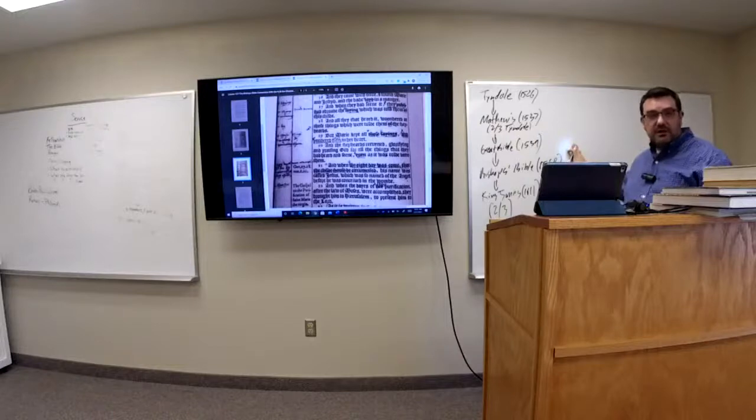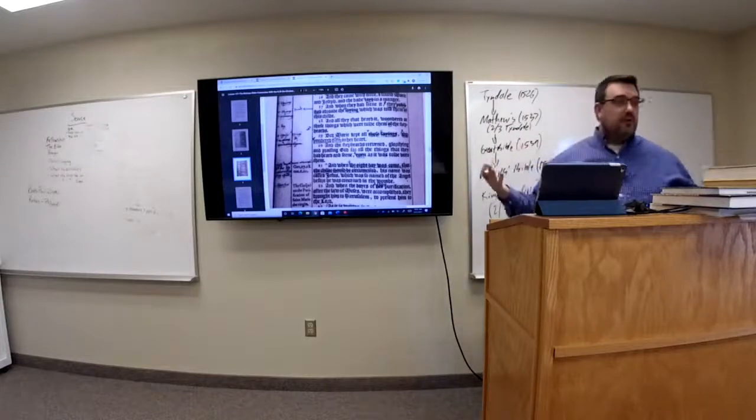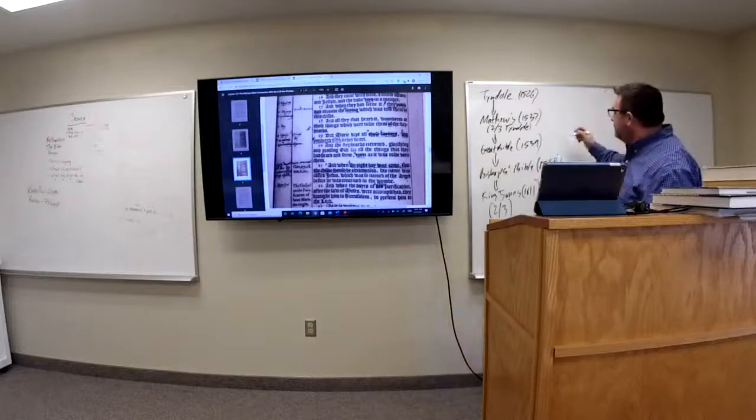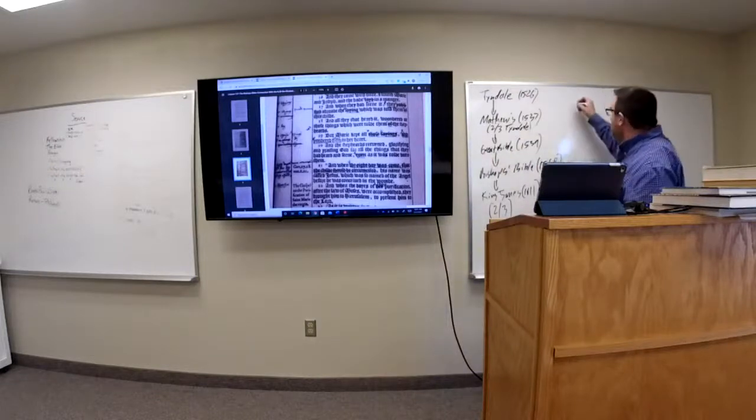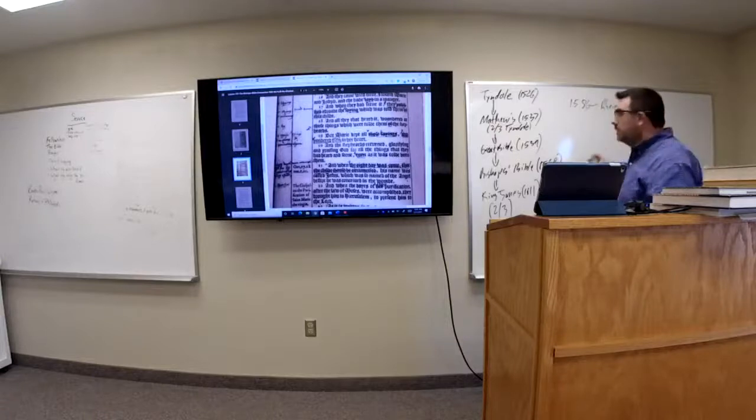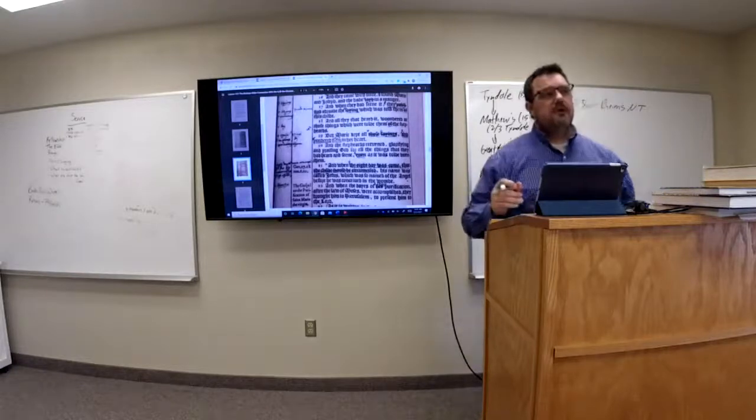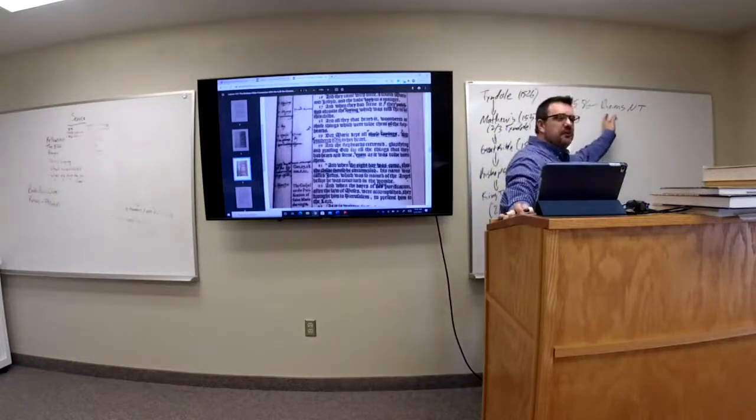Well, the Catholic Church at the Council of Trent in the mid-1500s, at their Catholic Counter-Reformation meeting, they decide that the Latin Vulgate is like the infallible Word of God. So what happens to compete with all these English Bibles, what the Catholics do in 1586 is they produce the Reims New Testament in English, which is going to be a translation primarily of the Latin Vulgate. So the Catholics are going to feel the need to have a competitor to all these Protestant texts that are being translated in this whole stream of English Bible translating.